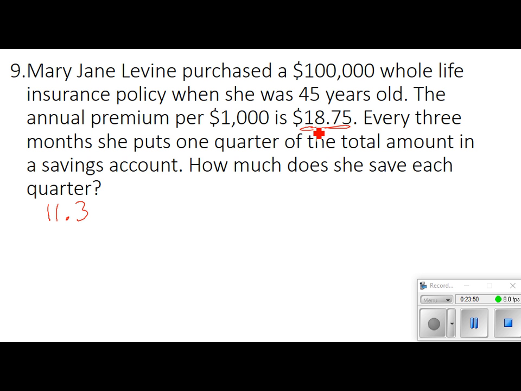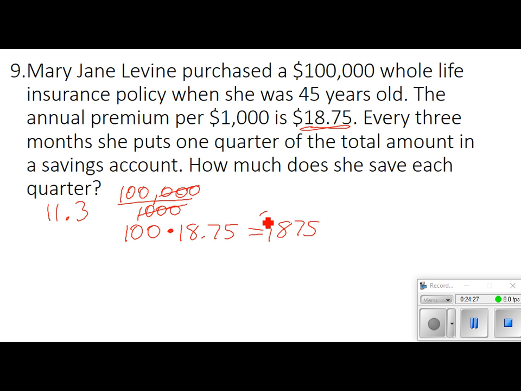So the first thing we need to do is figure out how many units she's getting. Divide that by 1,000. She's buying 100 units. We're going to take those 100 units times the $18.75. You probably don't even need your calculator for 100 times 18.75, if you know that when you multiply by 100, you're just moving the decimal over 2 places. So her annual premium is